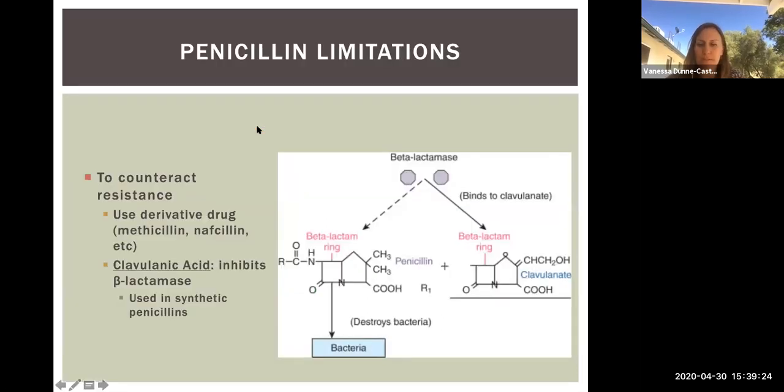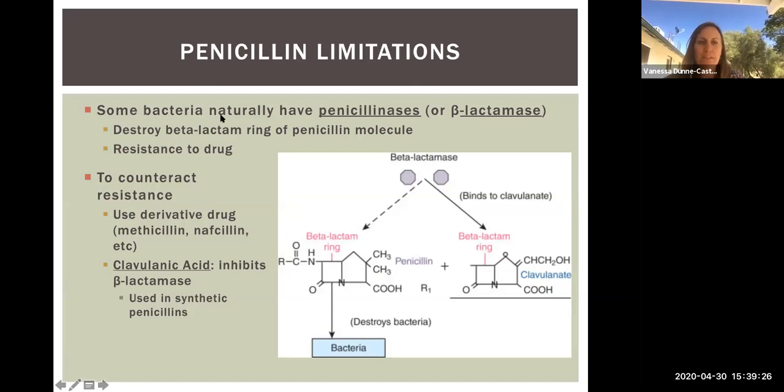Now there are limitations to penicillin. Specifically, some bacteria have penicillin-specific beta-lactamases, or otherwise just general all-class beta-lactamase activity. Here's a picture of how this works. This is an enzyme produced by some bacteria. In fact, this particular enzyme, the gene that encodes for the beta-lactamase enzyme